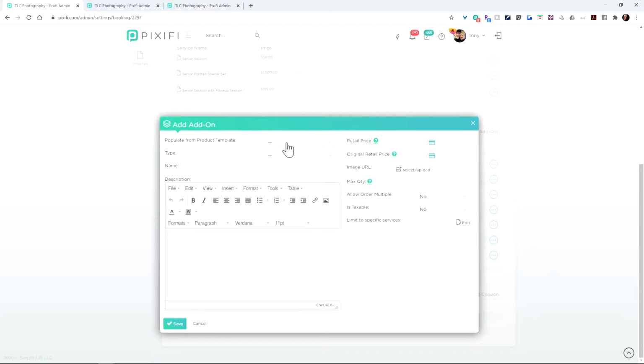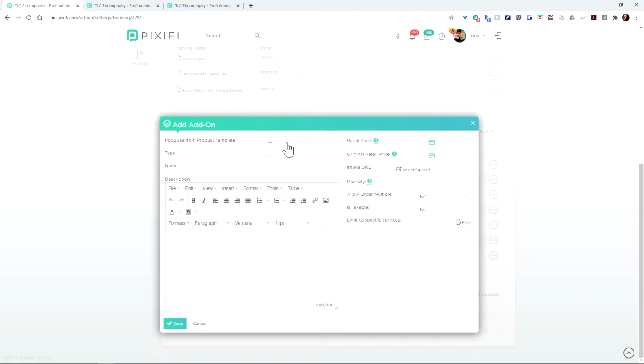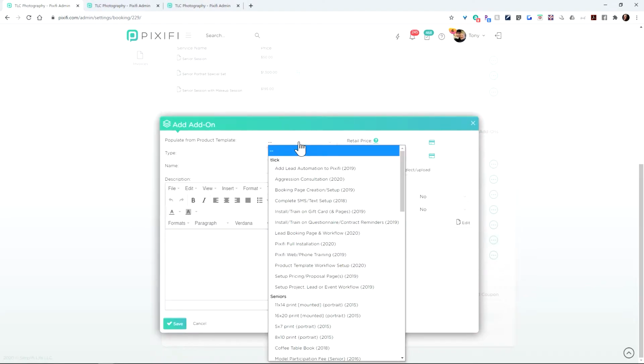Remember that services are kind of the basic or the base item for your booking page item. If you have a booking page, that is the foundation for the entire order, including the service, and any add-ons that you want. Add-ons are a great way to add a couple extra bucks to your income for that particular service. But one of the things that you're able to do here in add-ons is you can link it directly to the product template that you want, based completely on